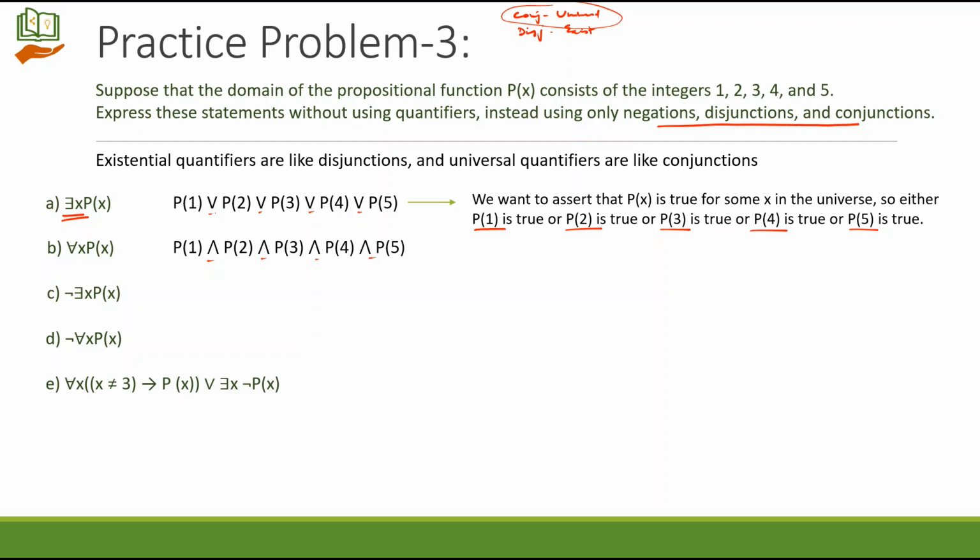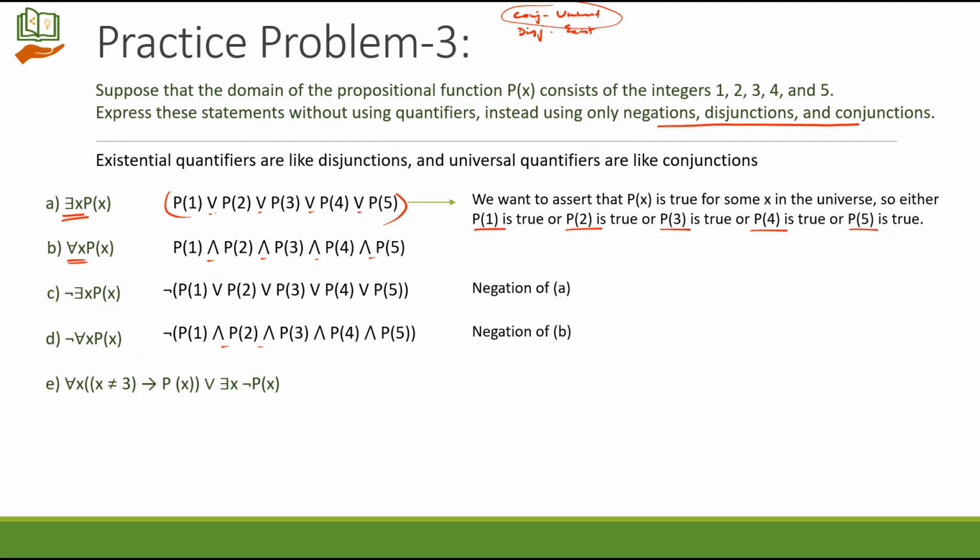What about C? This is negation of existential quantifier to P of x. This is nothing but negation of A. We can just apply negation to the A's solution part directly. What about D? This is negation of B statement. So we will have negation of the conjunction operation. What about E? For all x, just translate this: if x is not equal to 3, then P of x,